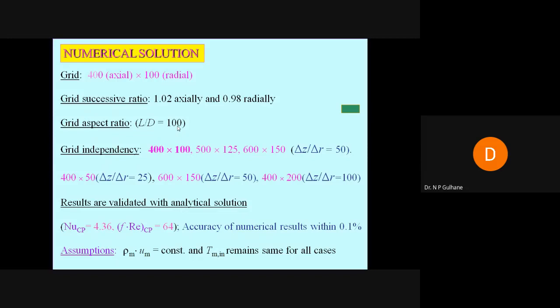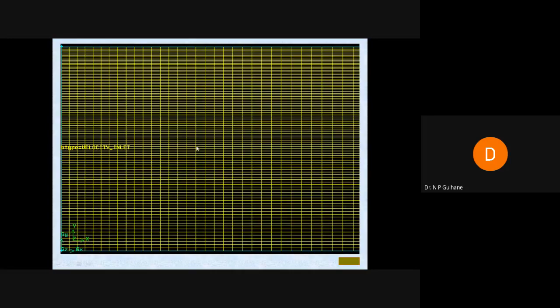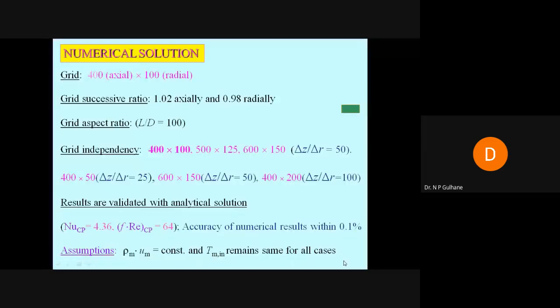And the rate of change of the dimensionless profile of the transport variables, that is U, V, and T, along the flow is equated to 0. So this computational domain is then mapped with the structured and refined grids. So initially we kept this equal. You can see the closer spacing at the inlet, closer spacing toward the wall. So initially what we started is we kept these equal, 1:1, but that didn't work, right?